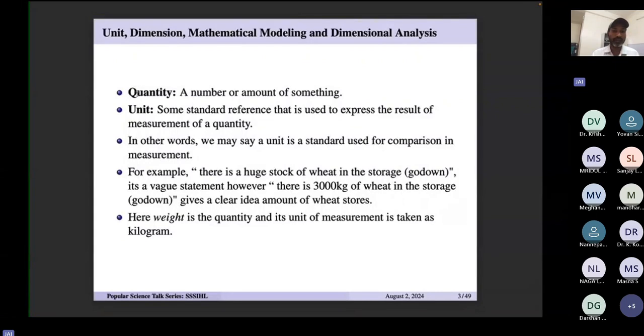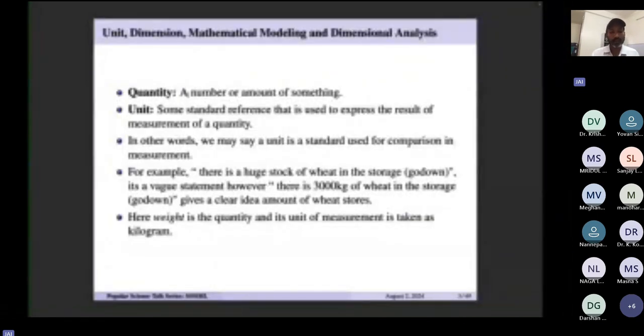How do you define quantity? Quantity is simply defined as a number or amount of something. Or you can also define it as some kind of physical quantity, that may be the weight, the time. This kind of thing we call quantity. But how do you represent this quantity, meaning how much quantity is there, to express that,